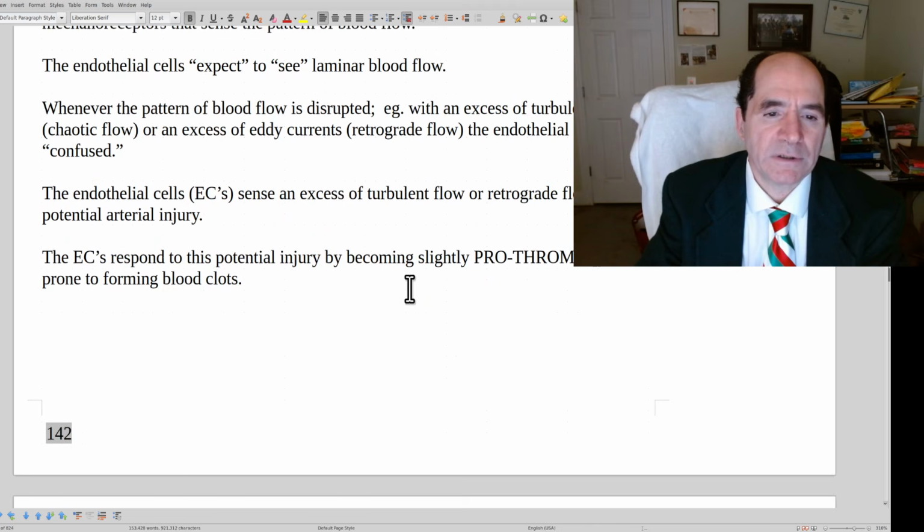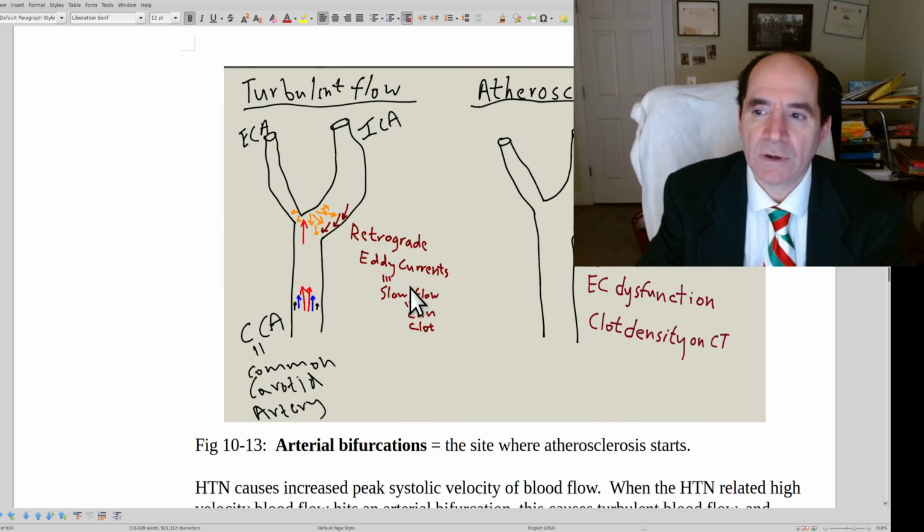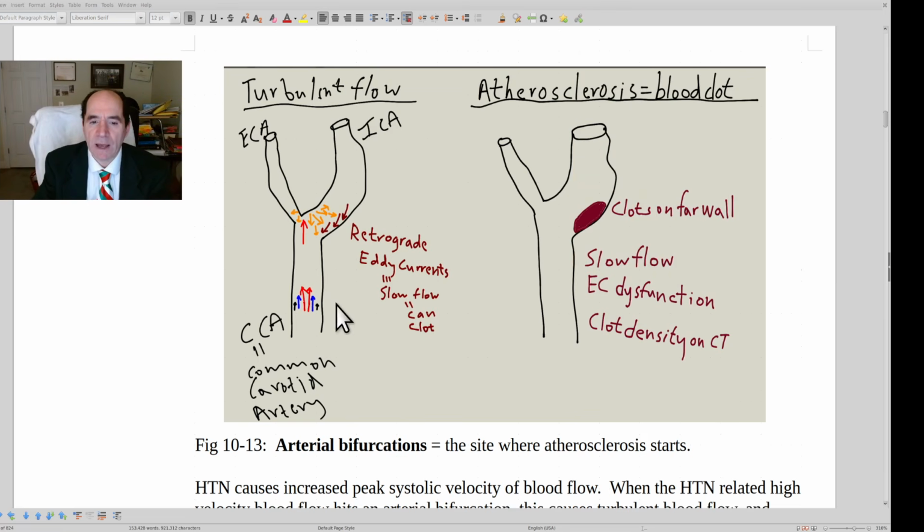This is going to be important in a sec, because laminar flow is what your body wants. That's what your arteries expect. And so let's talk about what happens when you disrupt laminar flow. So when blood comes to a bifurcation, I'm drawing this, for example, CCA, common carotid artery in the neck, but